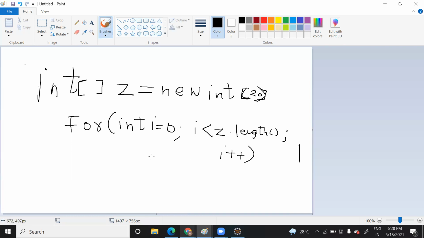So you print starting from the zero index and move till z.length. Just see from the declaration and tell me what is the length of z. 20. Correct, so it will be initialized with 20.